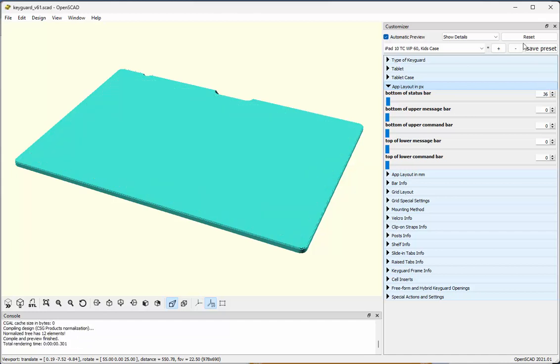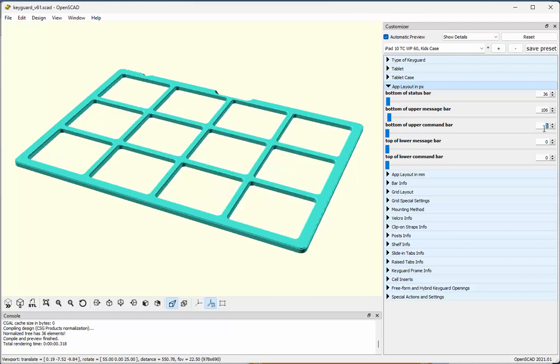And don't pay any attention to what's going on in the display until you've filled in all of these options. The bottom of the upper message bar is 106 pixels. The bottom of the upper command bar is 194 pixels. The top of the lower message bar, and there isn't one here, but I want to account for the space below the grid where the sort of virtual home key is located,